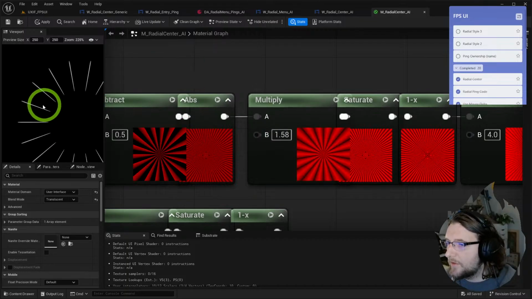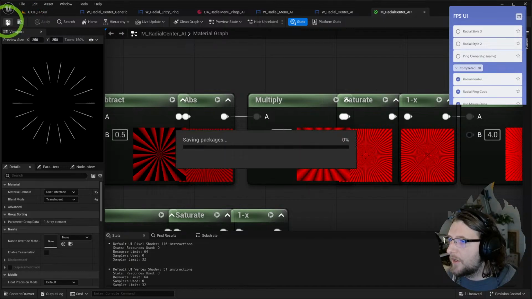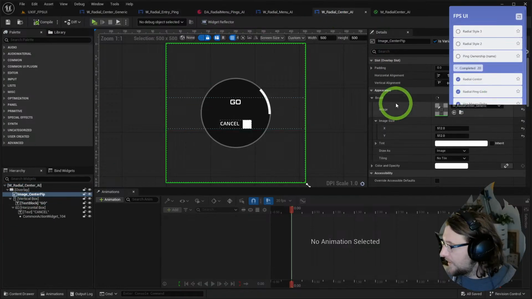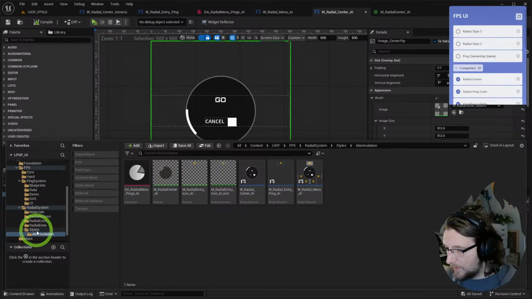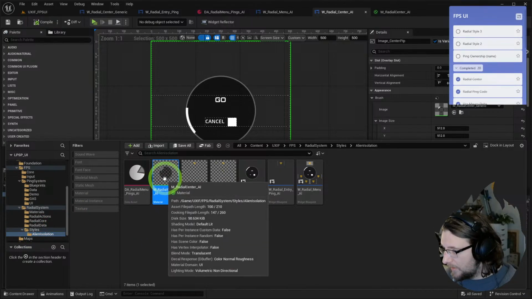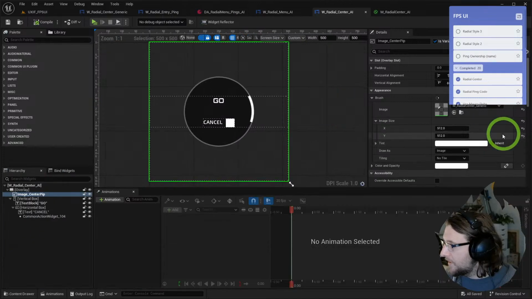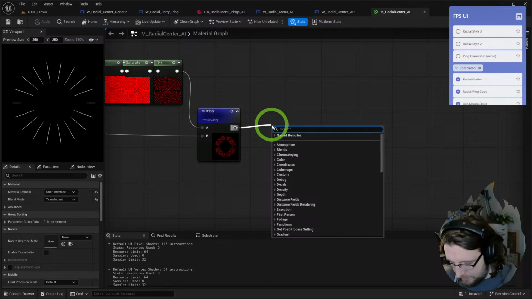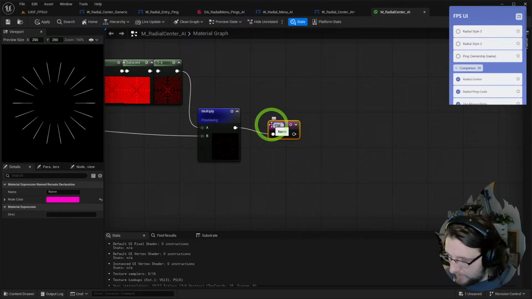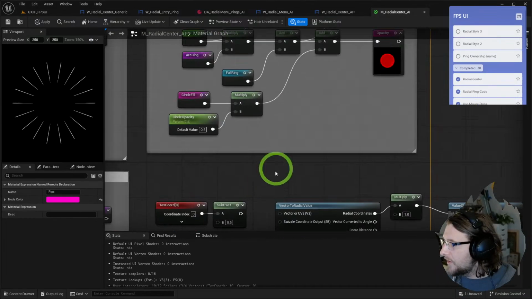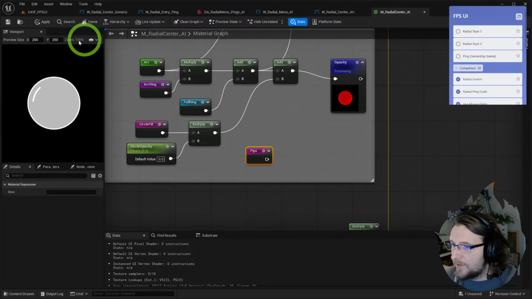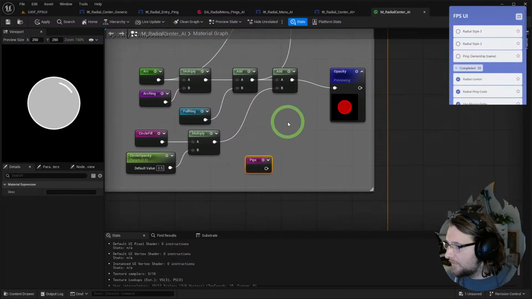Okay, let's go back to our Radial menu here. Make sure that our center AI is using our new material that we've put in here. I mean, we could just use the straight up material. That's fine. Okay, so we have this. We're going to name reroute this as pips. We're going to want to use pips somewhere up here. So this is our opacity mask right now. We're going to add,